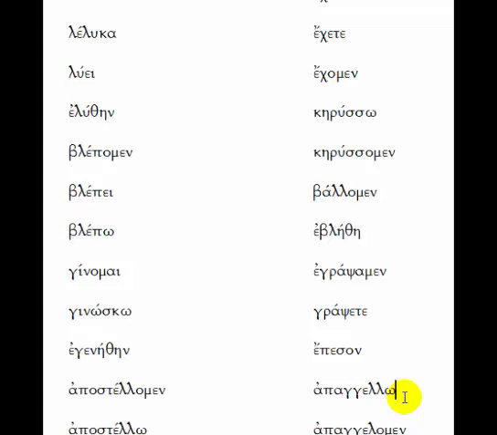Apongalo. Apongalo. This is the word for announce or to preach, proclaim. You got a long vowel here, so it only is allowed to go back to the epsilon there. Okay. And finally, apongelomen. Apongelomen. Okay, so again, short vowel epsilon, short vowel omicron. There's where we accent. Okay? Well, very good. Let's take a break and we'll come back and do the